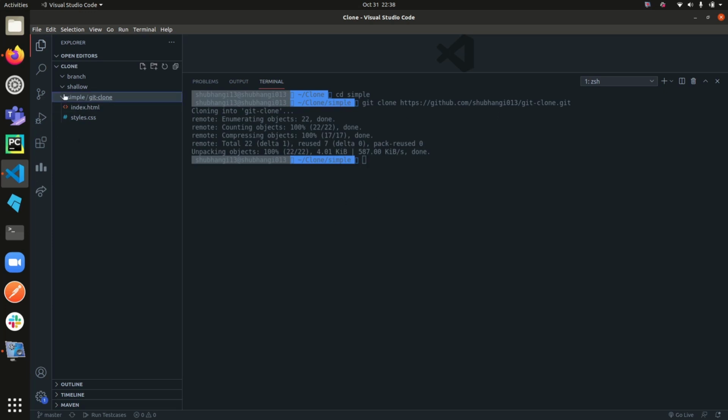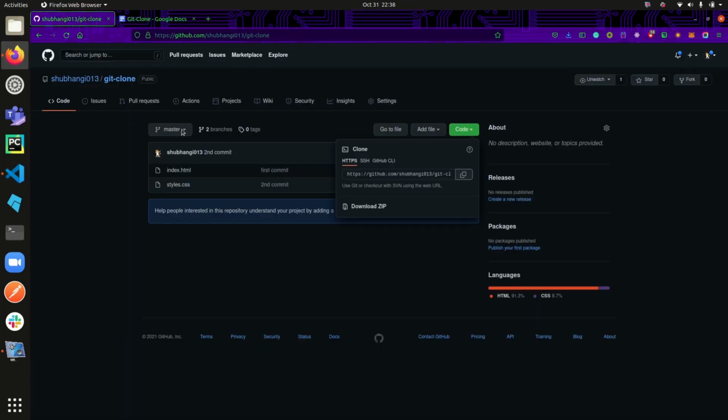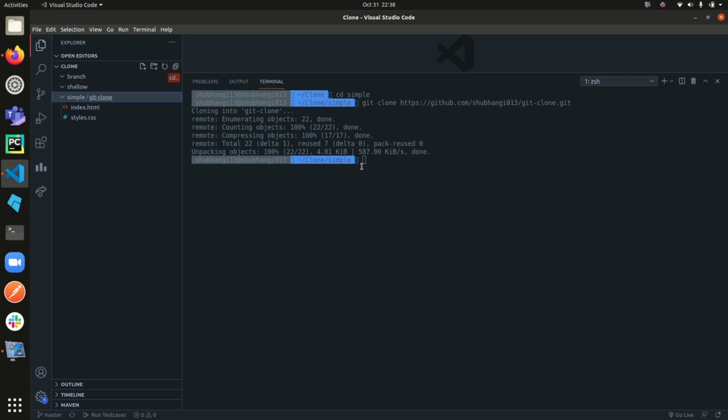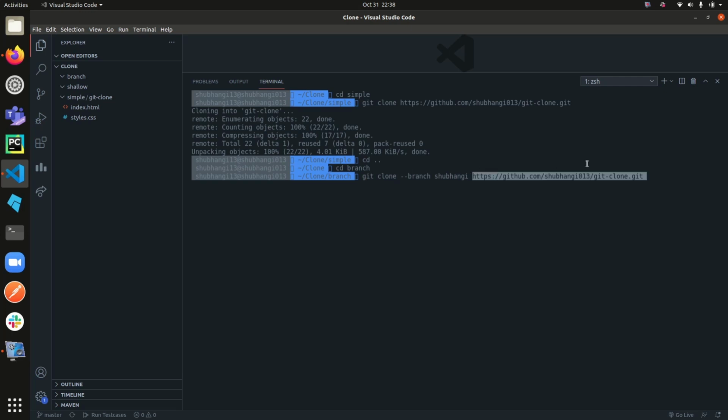Now what if I want to clone a single branch? What if I want the contents of this branch called Shubhangi? Now this is again very simple. I'll change my directory here to branch first of all, and simply write the command git clone, pass the argument branch, write the name of the branch, for example in this case Shubhangi, and paste the URL and hit enter.